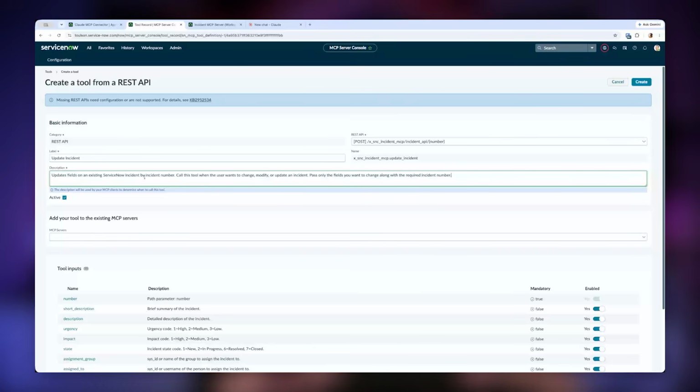Here's the roadmap. So first, we're going to cover what an MCP server actually is, not using any ServiceNow jargon, just the concept. Then we're going to look at what that concept actually looks like once it lands on the platform, because there's a specific set of records involved, and it really helps to see the shape of it before